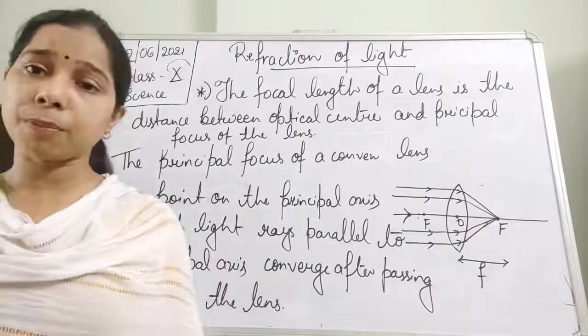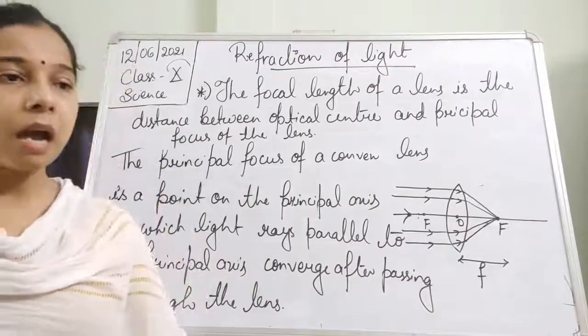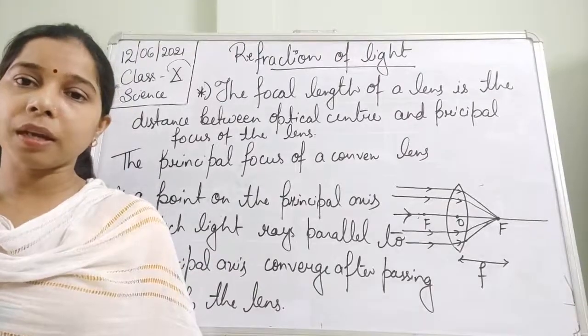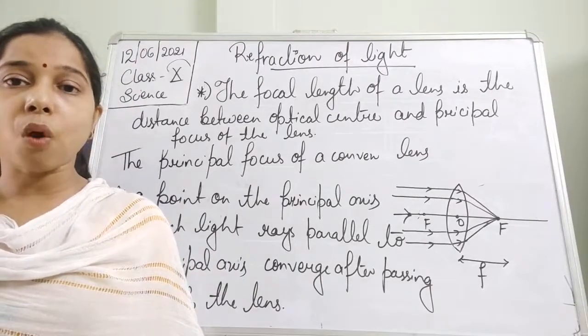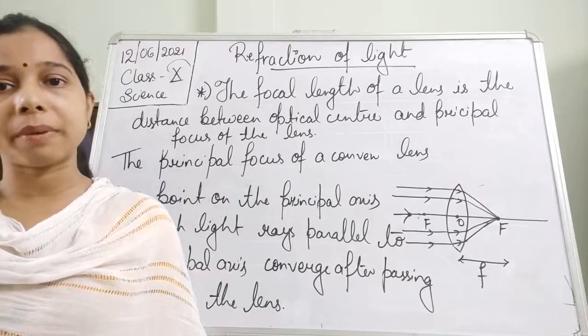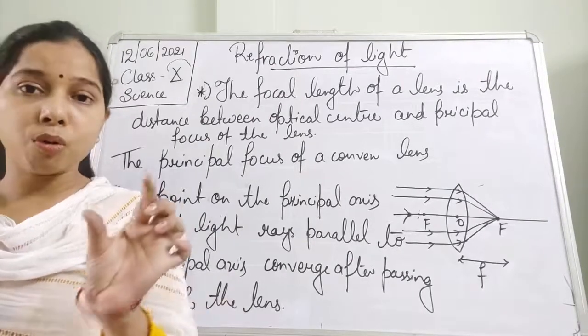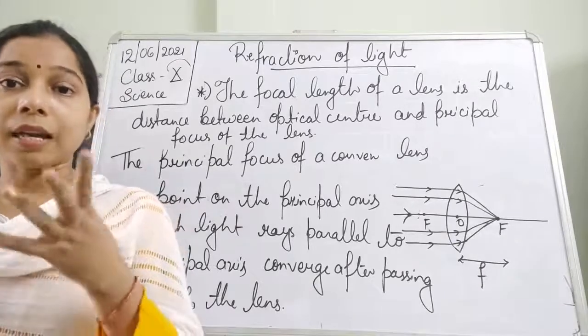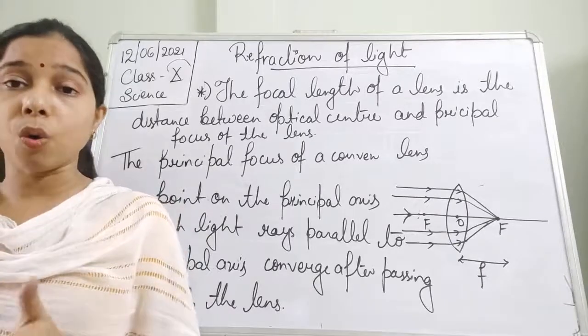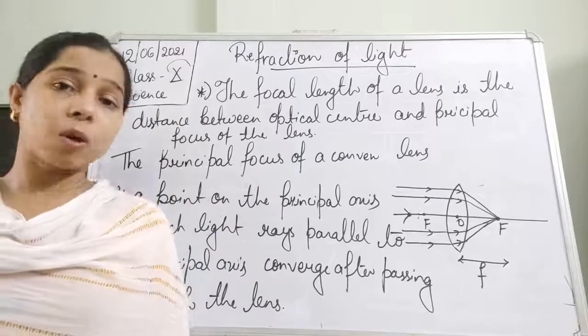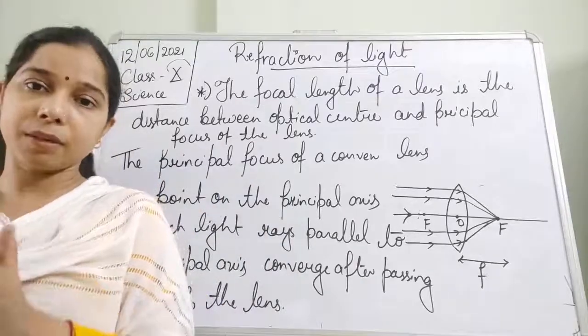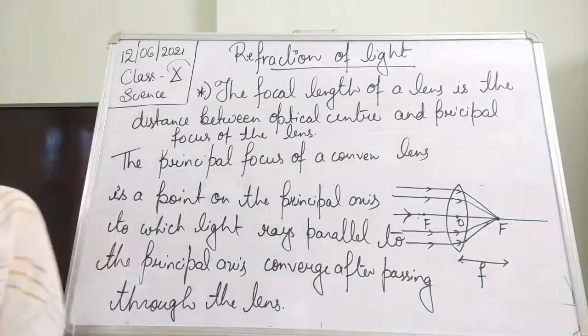You see, students, if suppose you have taken a convex lens and you adjust it in such a way that the sunlight will fall on a point, it converges on the principal focus, you will find that after a few intervals of time, that portion will get burned. Okay, it catches fire, it becomes a hole. So it is because all the light converges at that point, and that is called the focus.